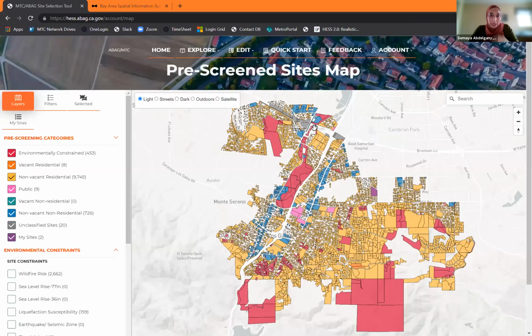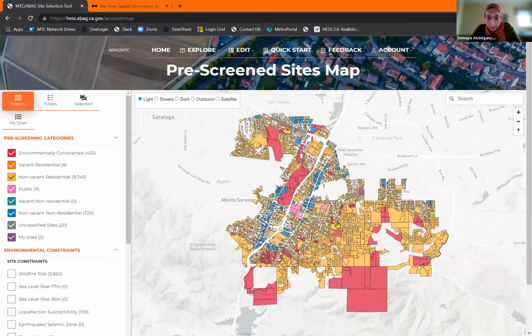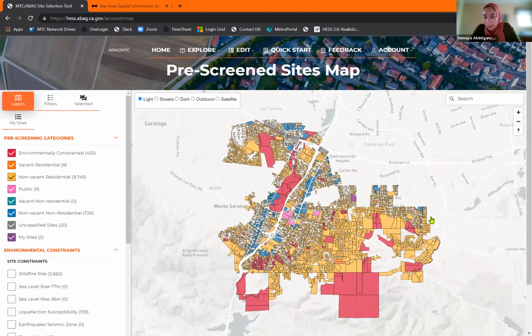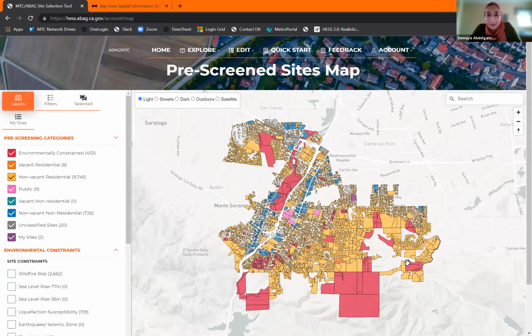What that looks like is when you log in, you will see a map of your jurisdiction. I think I'm currently logged into Los Gatos. I always try to see who's in the room, so I think I saw Andy and I chose Los Gatos. You can see here the purple sites are the sites that you are, quote unquote, selecting. So again, this tool has a bunch of other data that's helpful